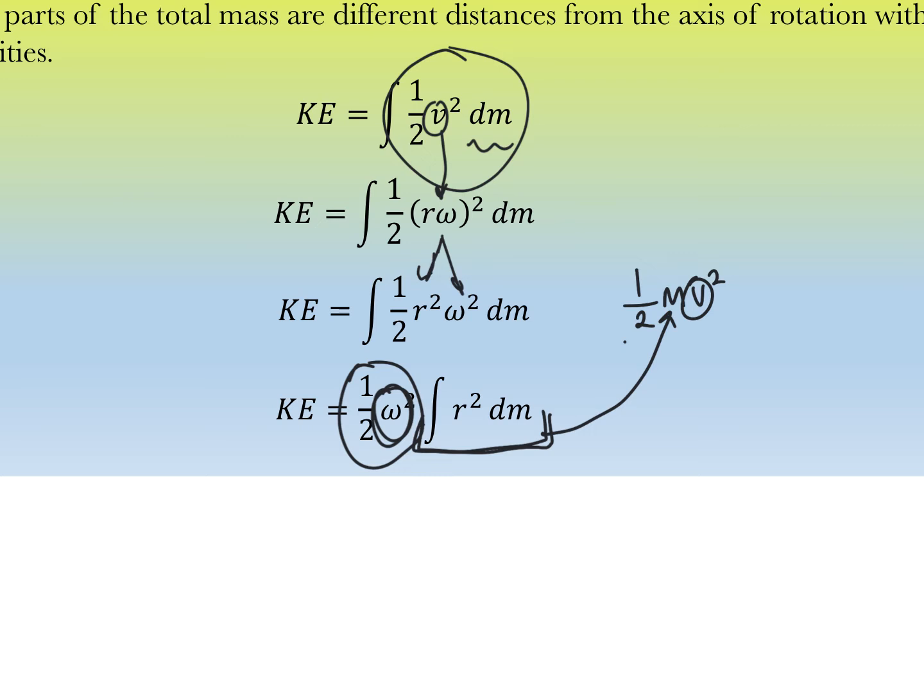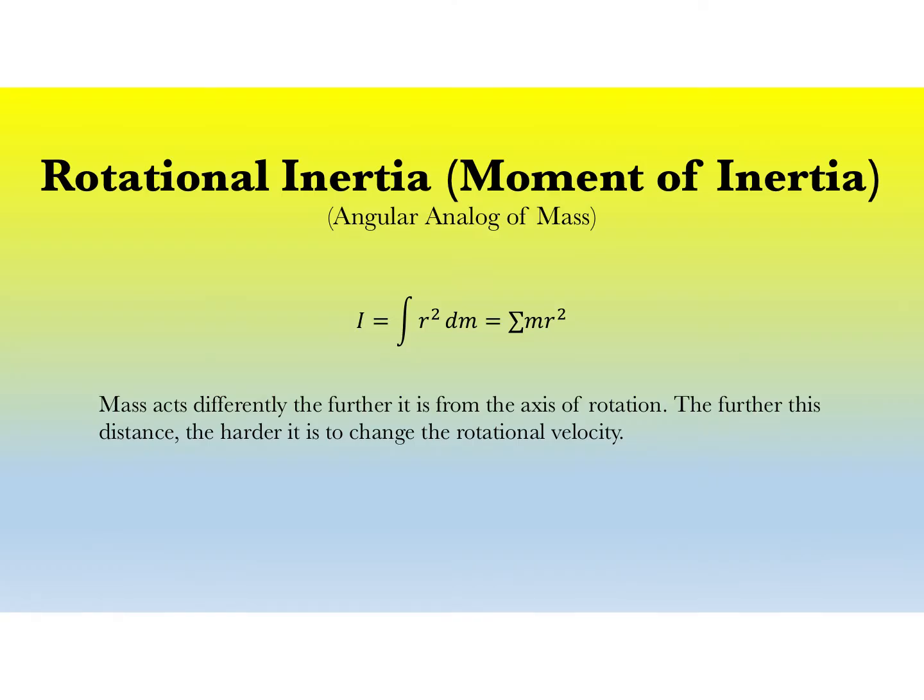So the integral of r squared dm is, for all intents and purposes, our mass in a rotational system. And this is called our rotational inertia, also known as the moment of inertia, but it's the angular analog for